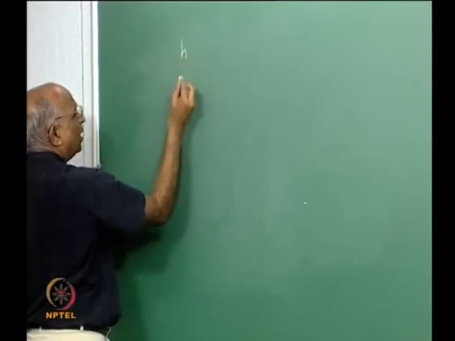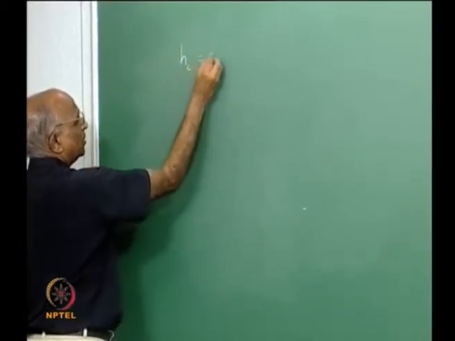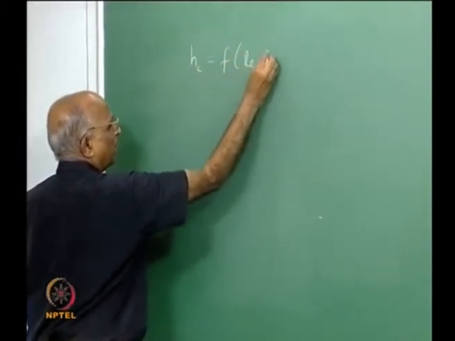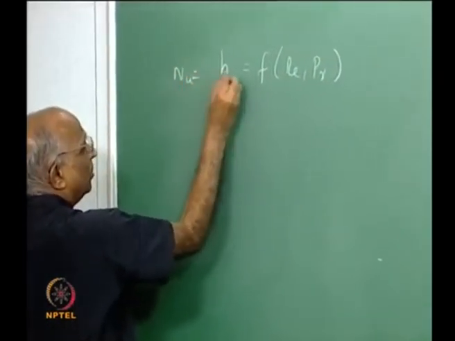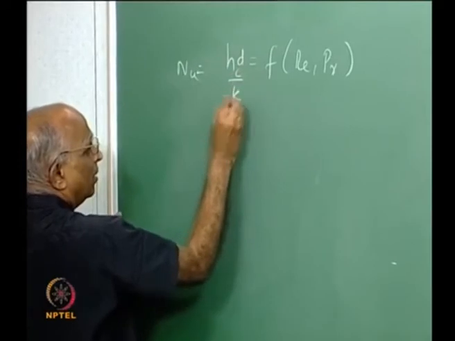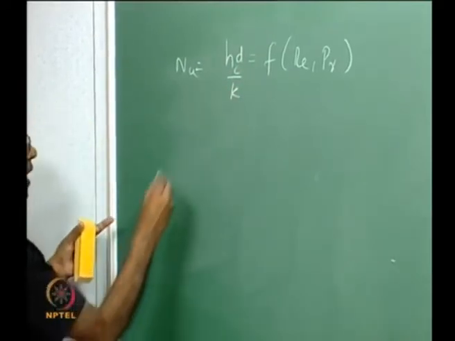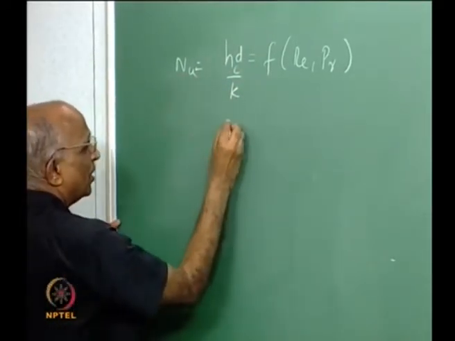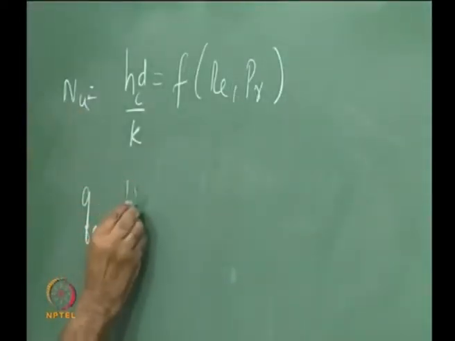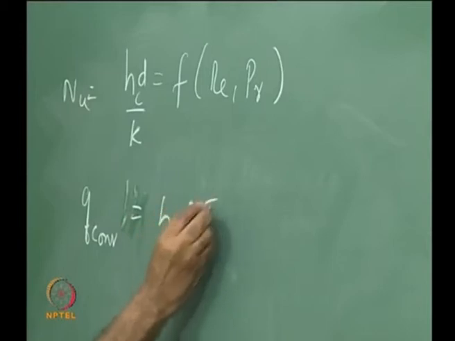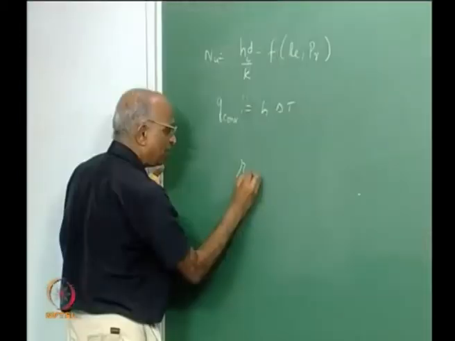You calculate the new value of heat of convection, h, equal to a function of Reynolds number and Prandtl number, and this we write in terms of Nusselt number. Nusselt number is equal to hd by k, and therefore I can always find out the Nusselt number. Once I know heat transfer, I can find out Q convection equal to h into delta T, and therefore I can find out the increase in rate, and when I do that I find the burning